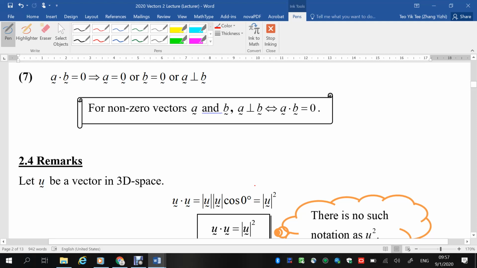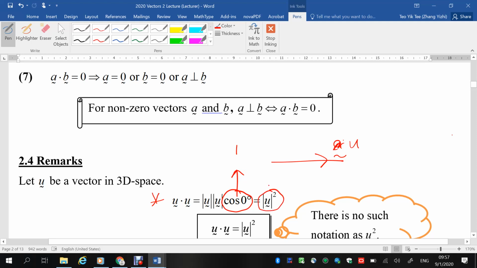Or what is U dot U? Okay, so this is another important thing. If I have two same vectors dotted together, what is the angle between the two vectors? That means if this is A, I ask you to dot A with A, or dot U with U. What do I get? What's the angle between the two vectors? 0. So you usually see a 0 down here, right? What is cosine 0? 1. So U dot U is